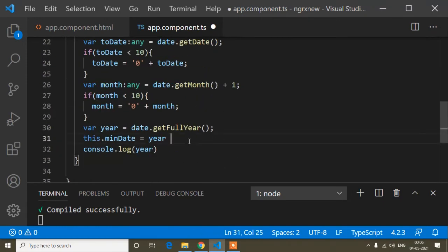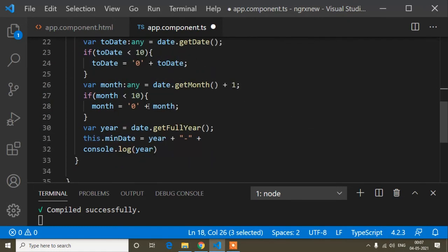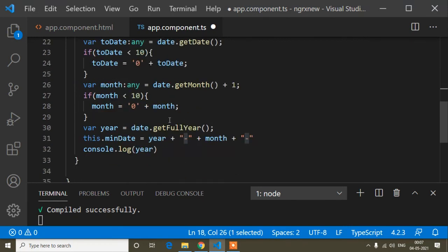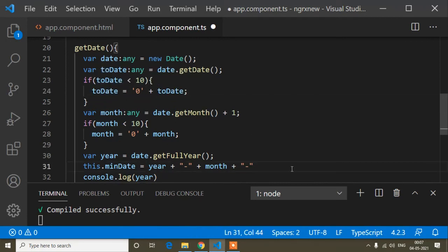So here plus, and this hyphen I will add as a string this way, again plus, and after that month. Month I'm getting from this variable, so month, after that plus hyphen, because here you can see after month it's a hyphen, then date. Okay, so date I'm getting from this date variable, so I will copy this variable and plus this variable name.